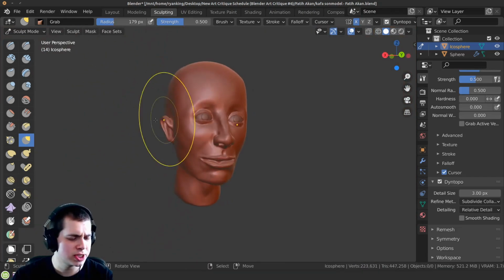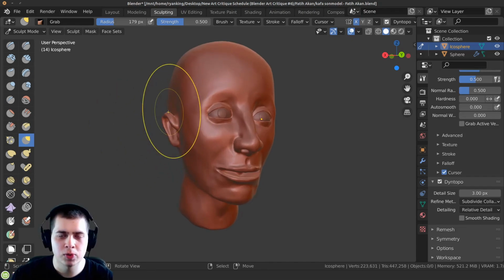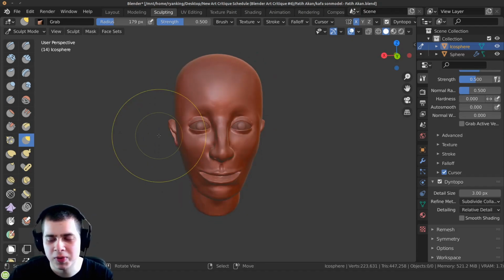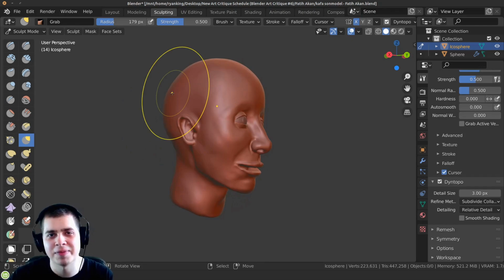I don't want to go into too much detail, but hopefully this has helped you to improve those different forms and things. And remember, I've been sculpting for over 3 years, so if your sculpt isn't looking like this, that's totally fine. My sculpts were terrible for a long time, and it was frustrating, but you really just have to keep on practicing and you will improve.